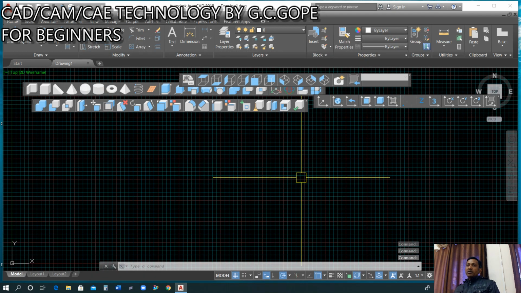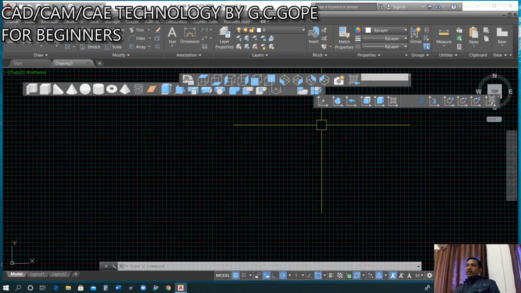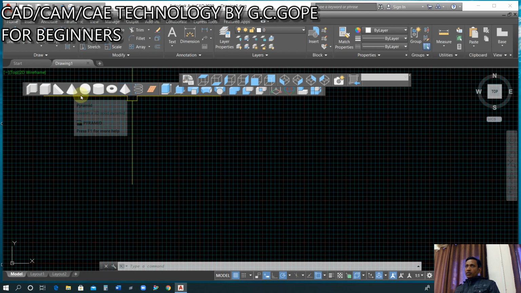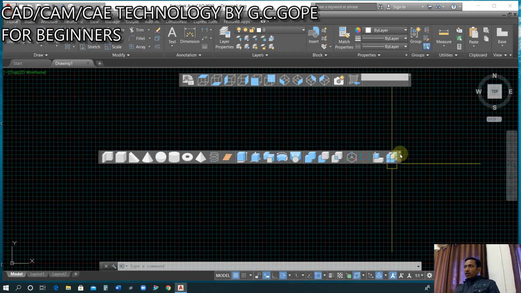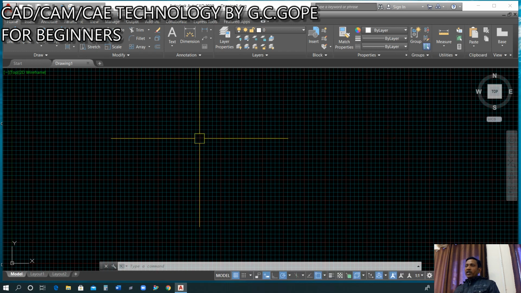As we open this AutoCAD, we can see that we have the interface. All these arrangements are called GUI, graphical user interface. Each and every software, whatever software is used in the whole world, has one specific interface. First I am going to uncheck these tools because these are the 3D tools, and at this time we don't need these tools. So first we have to know how to set drawing unit and drawing limits.